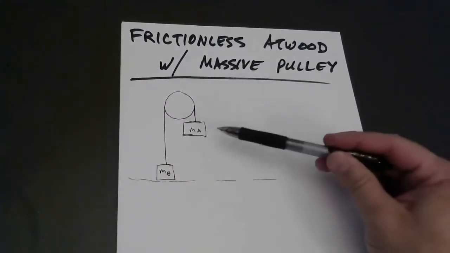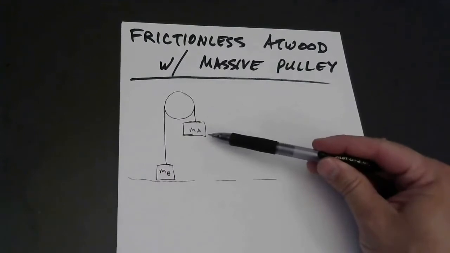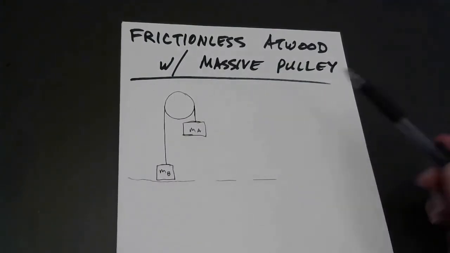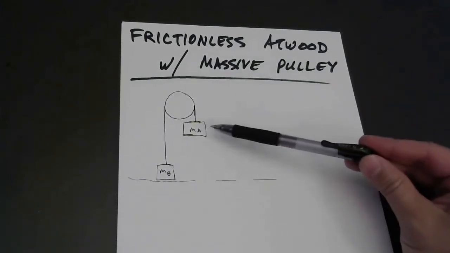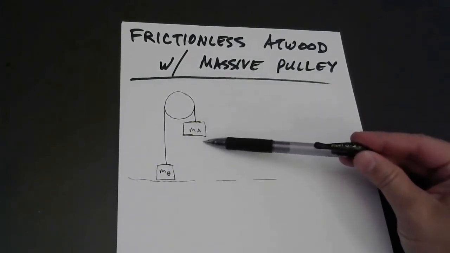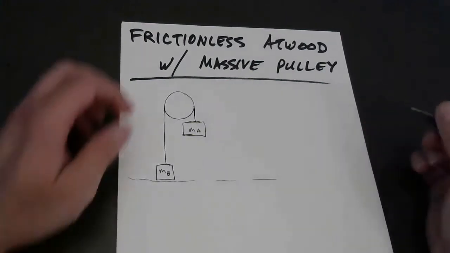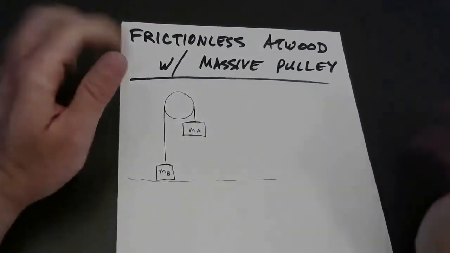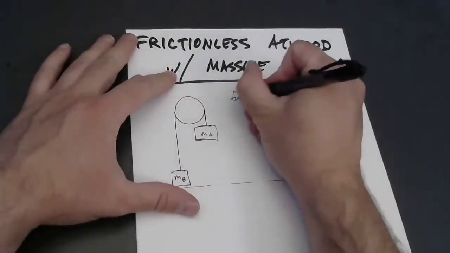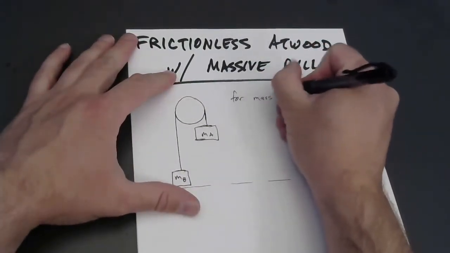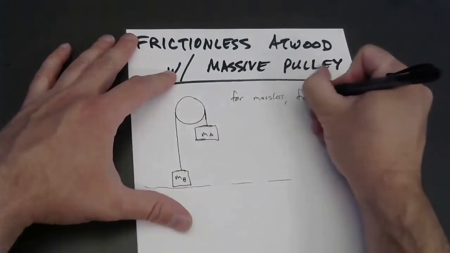And some invisible hand is supporting this here. But at t equals 0, we pull our hand away and allow the system to accelerate. So if this one's more massive, of course, we expect it to accelerate downwards, and this one should accelerate up. And I'll just quote a result that we developed months ago now. For a massless and frictionless pulley,